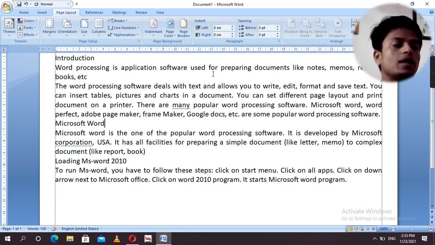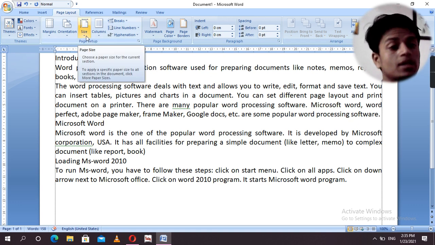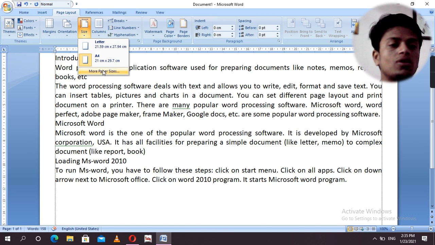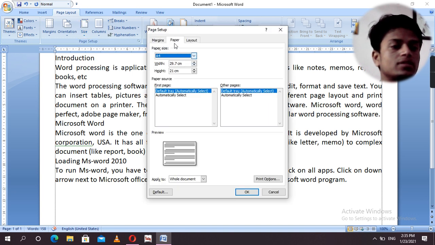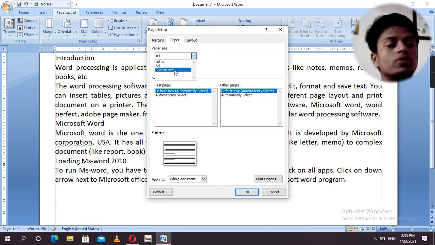Another is page size, meaning paper size. We have to select which paper size we are going to make the document in. Go to Size, and here are a lot of sizes given. There is also custom size, where you type and make the size you need.